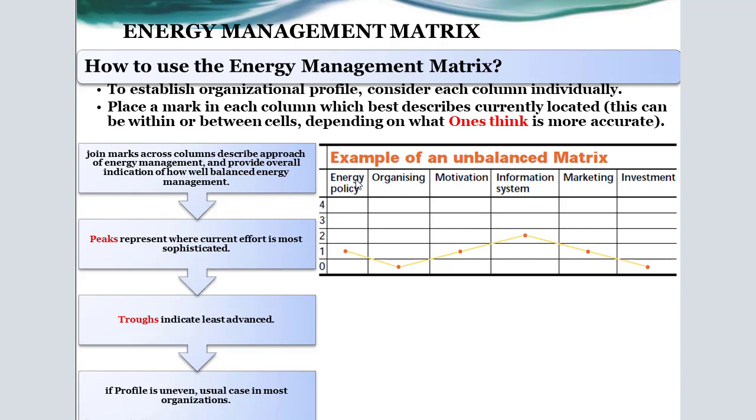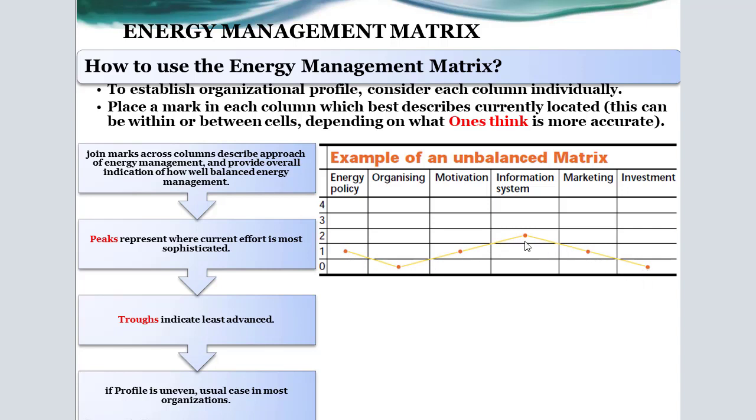We have 6 columns: energy policy, organizing, motivation, information system, marketing, and investment. According to the energy management level, for energy policy, if it is available or not, we put a mark. And in organizing, we also put a mark. If there is no organizing, we put it at level 0, and so on for the rest of the columns, and make a line or connection between these